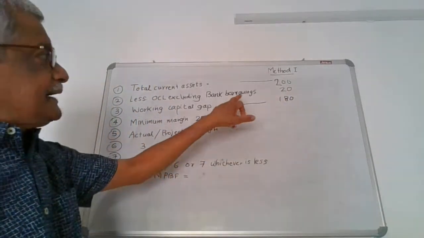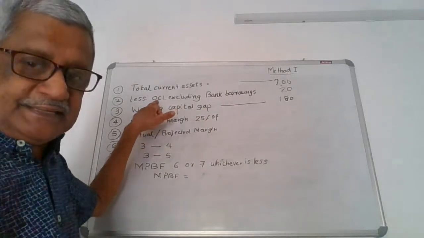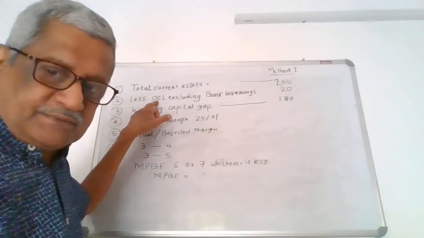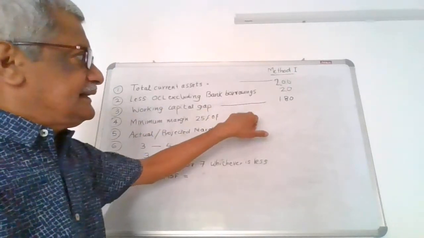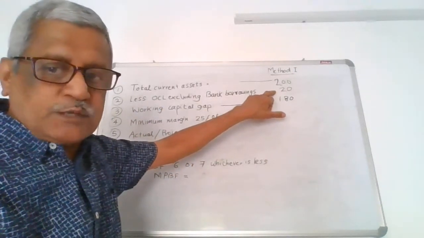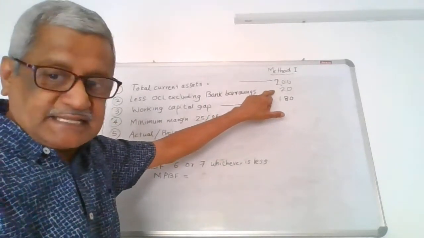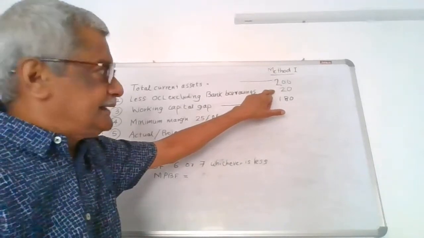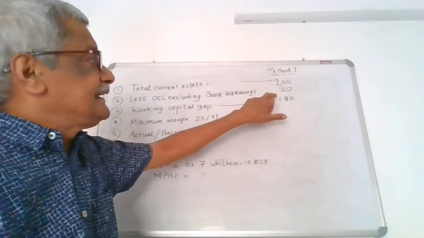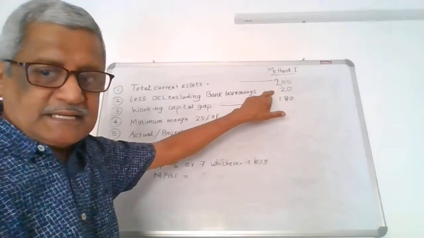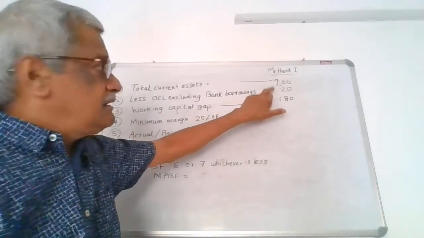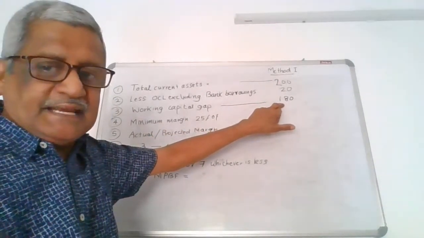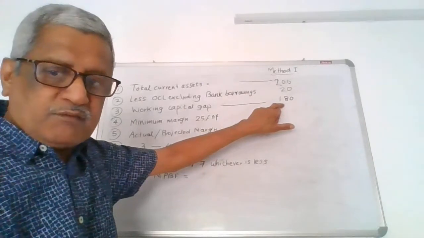The reason why I am deducting the other current liabilities is that current liabilities are to be paid afterwards. That is the reason why the business enterprise does not require any finance against this amount, because that is not to be paid immediately. That is how we deduct the other current liabilities excluding bank borrowing from the total current assets to arrive at what is called the working capital gap. That is what is to be funded.